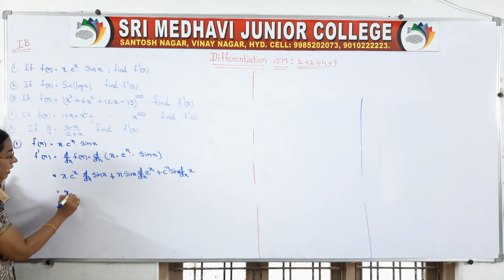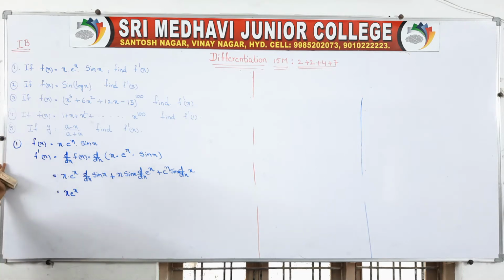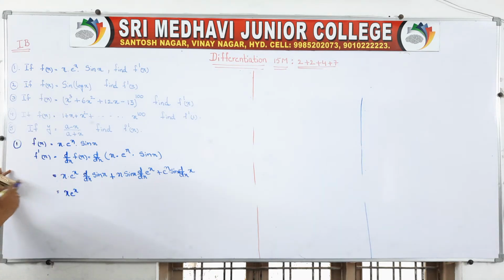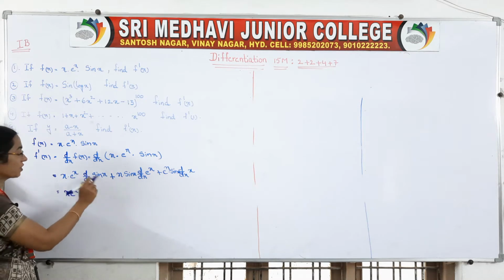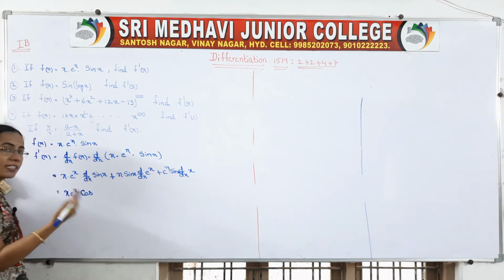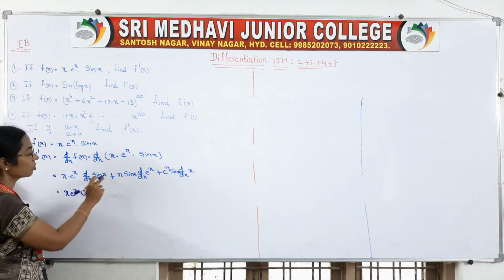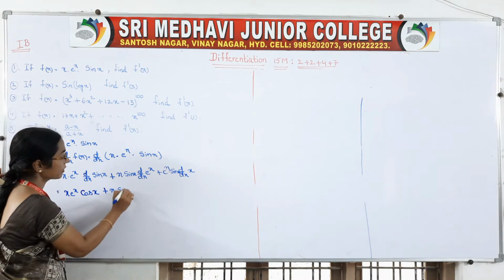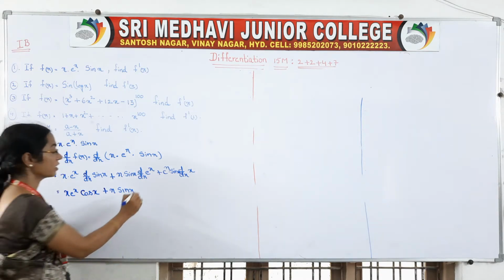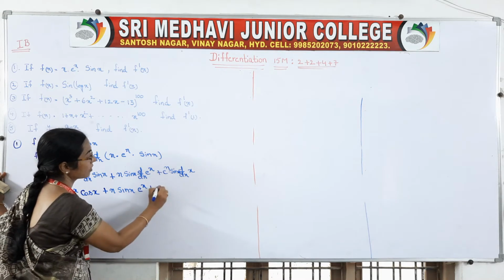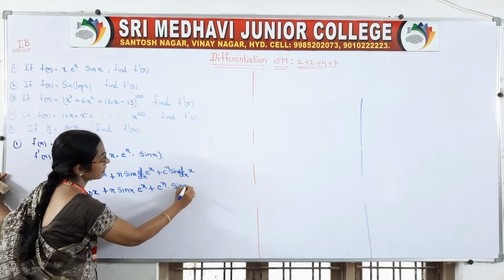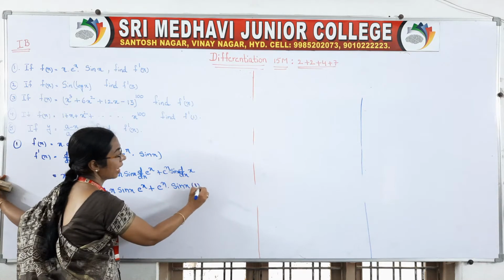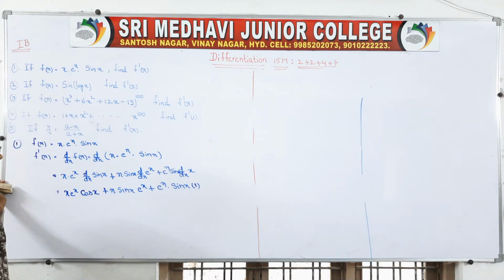So it is equal to x e to the power of x d by dx of sin x. In the previous class the list of formulas is on the board, so we can easily write. Now you have to tell me. d by dx of sin x is equal to, feel like a regular class and tell me when I ask the question, right? So d by dx of sin x is equal to cos x, plus x into sin x, and d by dx of e to the power of x is, I said, e to the power of x. Next, e to the power of x into sin x into d by dx of x, which is 1, isn't it? I said the most repeated formula is d by dx of x is 1.